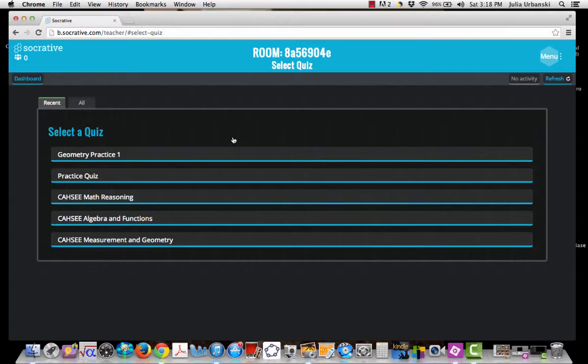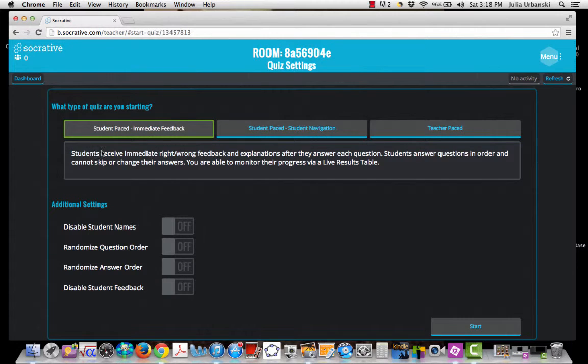To start the quiz, everyone needs to be within range of the computer. This isn't something that they can just do at home. So when everyone's in the classroom, you go here, you click on the quiz, it'll give you some options. I like this immediate feedback one. You can use it for student-paced